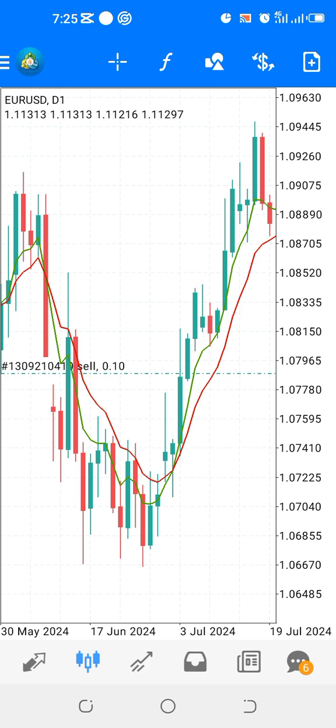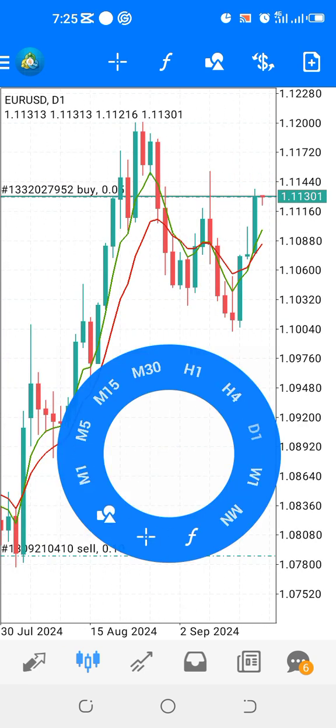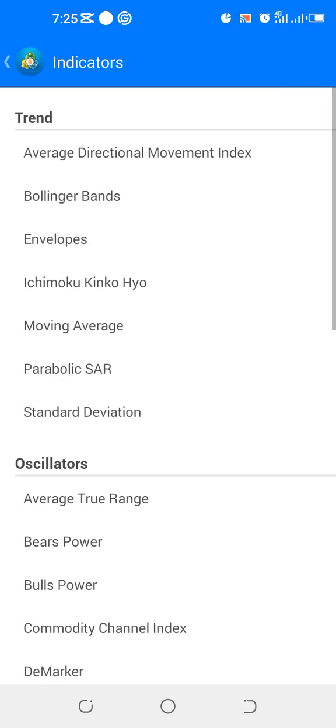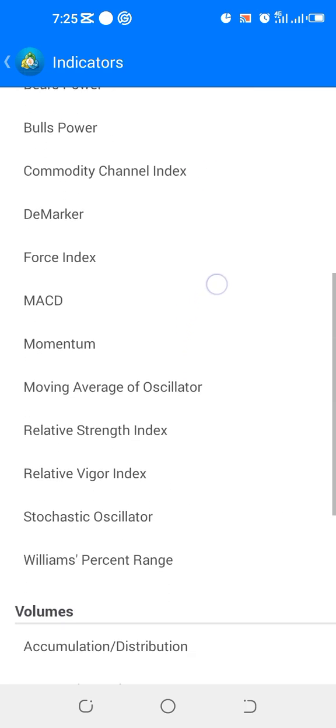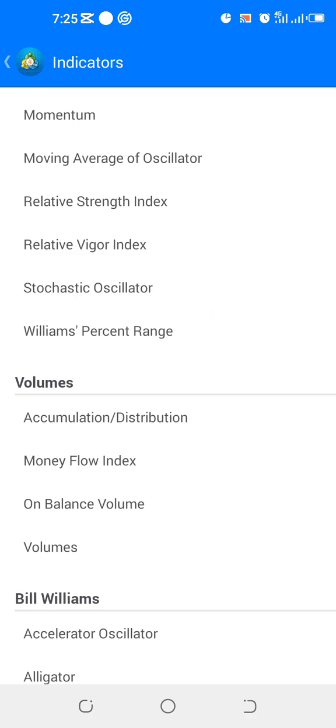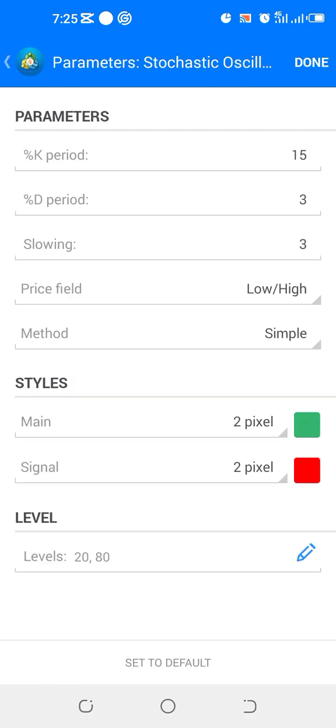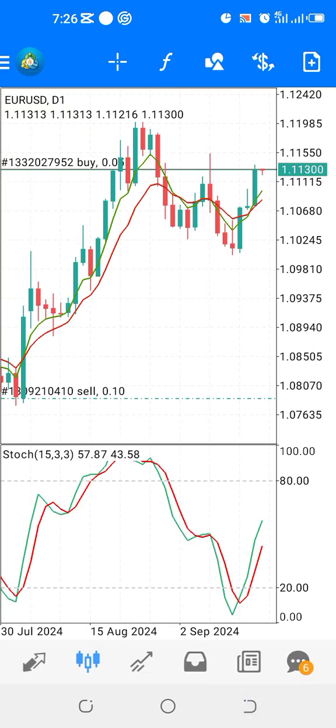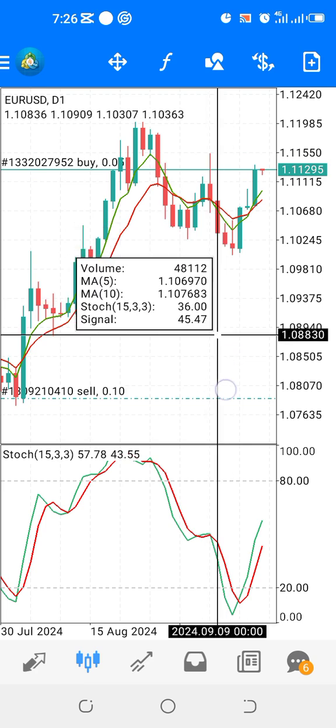Another thing to take note of, the number 3 factor, when creating your own trading plan, is to find indicators that help confirm the trend, like MACD, stochastics, and RSI. Take for instance stochastics. You go to the chart, you look for stochastics or RSI. Say stochastics, for example, click done. You see, only enter when stochastics confirm the direction of the trend.